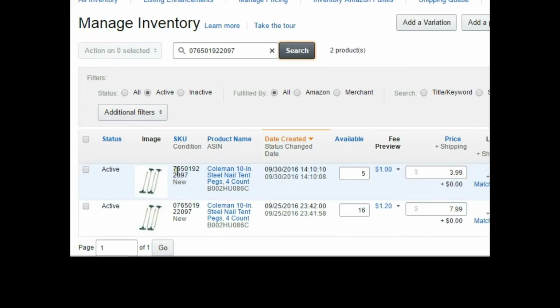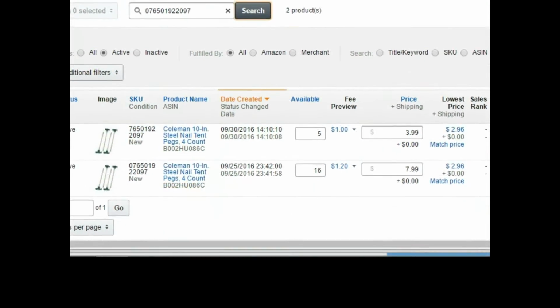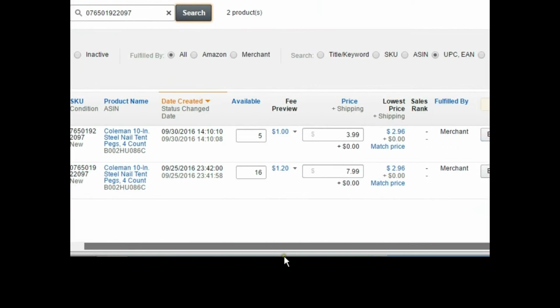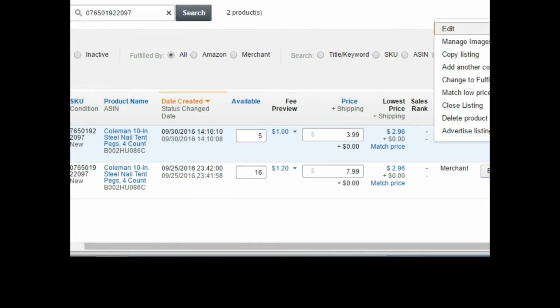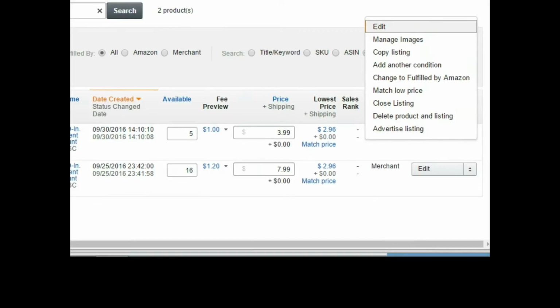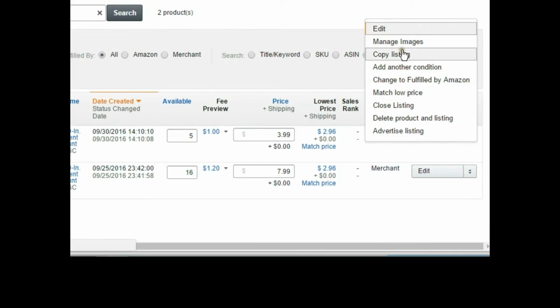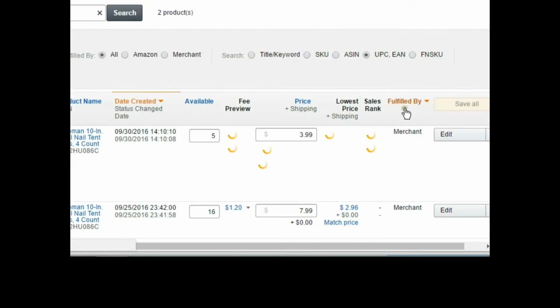I've got two of them listed here. One of them, that one's incorrect. So when I run into duplicates like this, that's another caveat. When you run into a situation where you're seeing duplicates of the exact same item, close the listing that's inaccurate and make a note of it on your daily inventory that this particular item